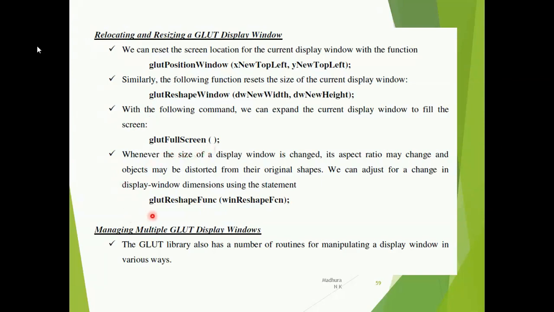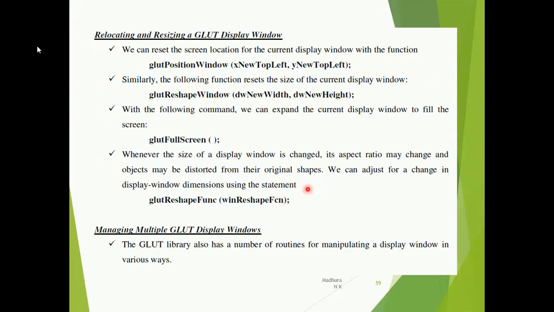Another function we have for relocating and resizing the display window is the glutReshapeFunc function. Inside the bracket we have the window reshape function as a parameter. This is actually a callback function. What do you mean by callback? You have to understand that this function will be called again and again in your program, just to maintain the aspect ratio.